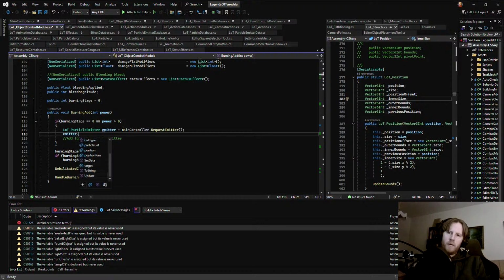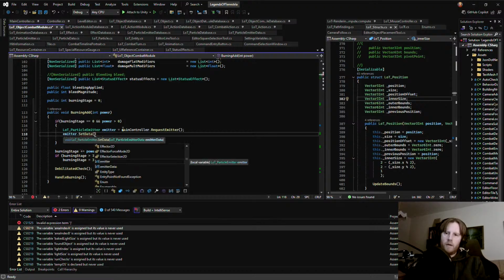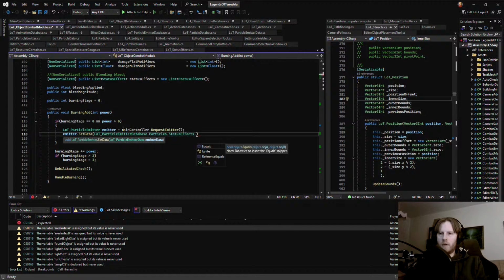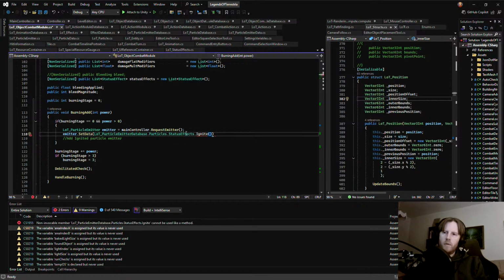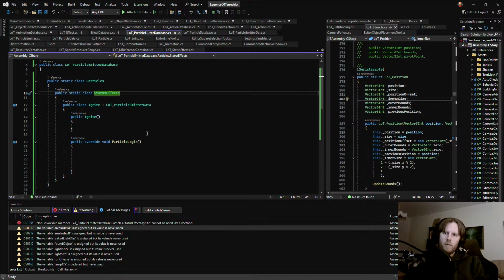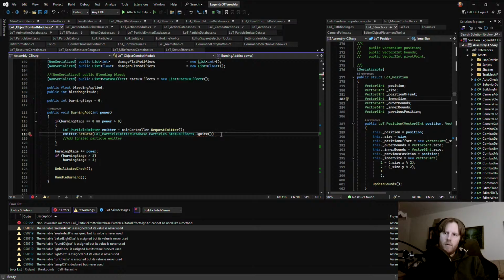And then emitter dot set data LOT emitter database dot particles dot status effects dot ignite dot new data. And see, this is where things